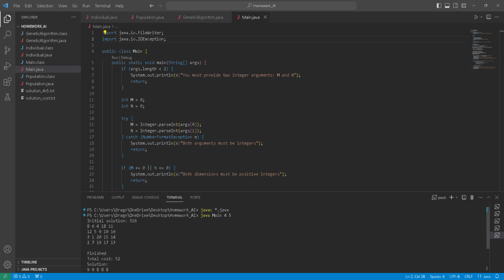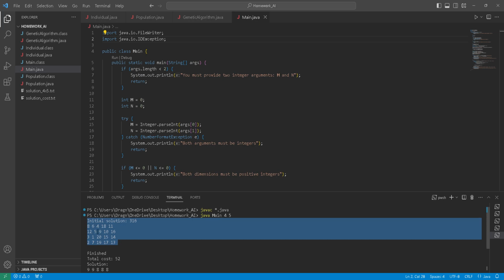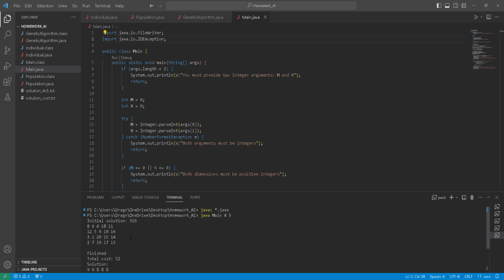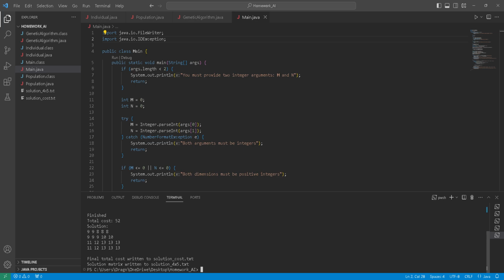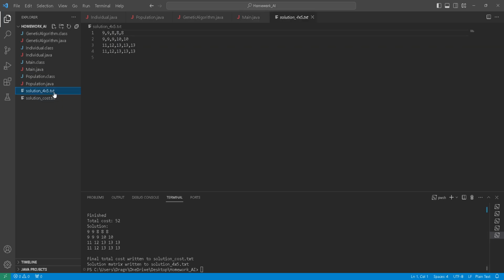Here we see the initial solution cost is 316 with the matrix from 1 to 20 in random order. And the finished total cost is 52, and the new solution. With this, the new solution and the cost are then put into a text file. Right here we have the solution matrix for the 4 by 5, and then we have the solution cost for this. Now for the second input, java